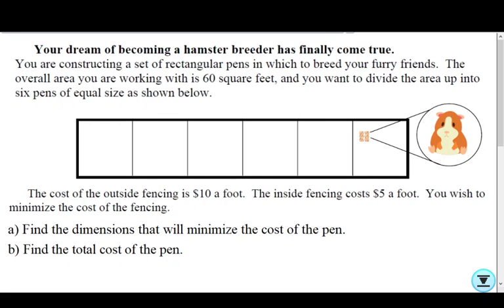Okay, for cost, it's not super simple, but the equation we're going to be using does come from sort of a perimeter standpoint, okay? Because our cost comes from the perimeter and the inside fencing. So to keep things simple, I'm going to say that these distances are x. So I got x, x, x, x, x, x, right? I'm going to say these distances are y's. So my horizontal, or x distances,